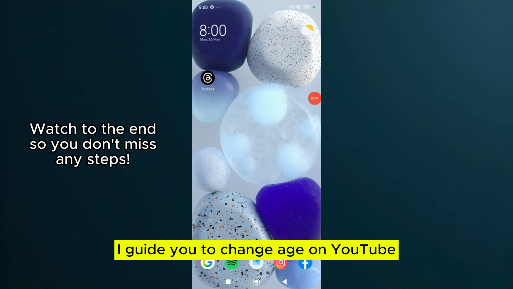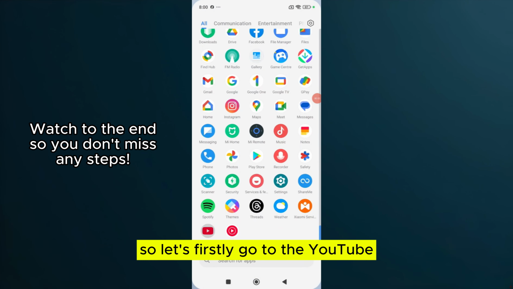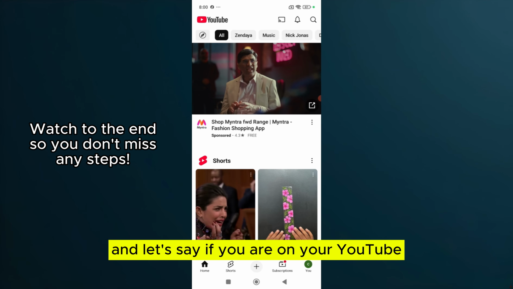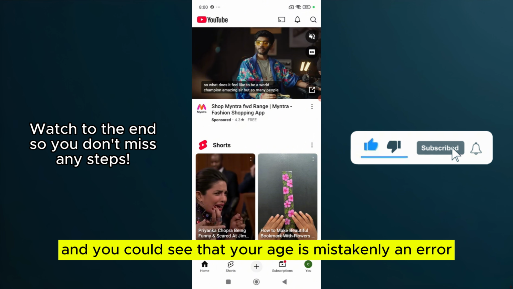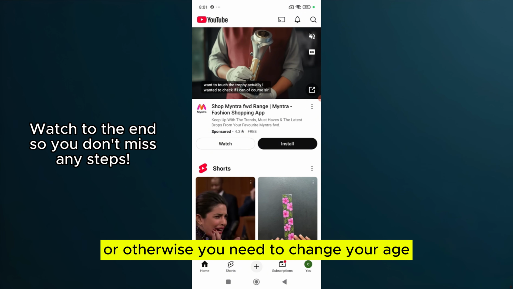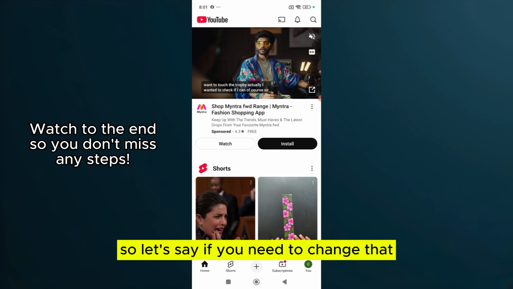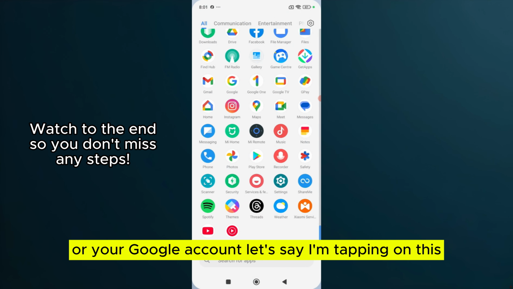Guide you to change age on YouTube. So let's firstly go to YouTube, and let's say you are on your YouTube and you could see that your age is mistakenly an error or otherwise you need to change your age. So let's say if you need to change that, you need to go to the Google Chrome or your Google